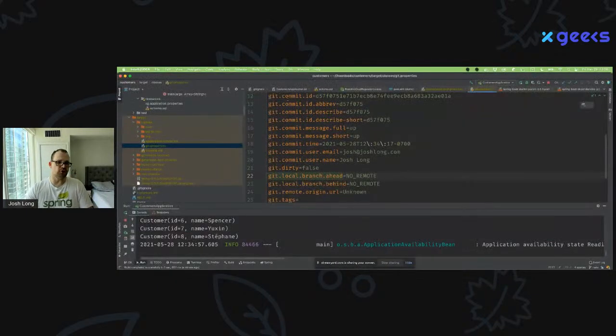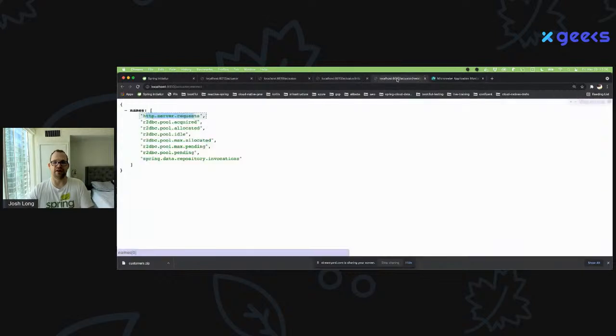And so you can do a lot more than what I've shown you here. We just don't have a lot of time. So now we have all these things. We have observability built in.